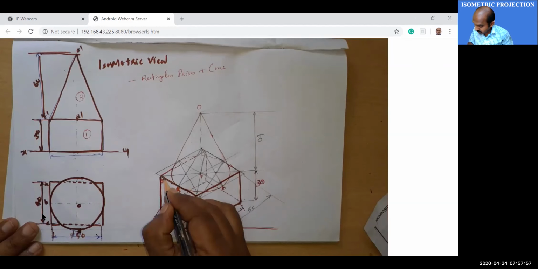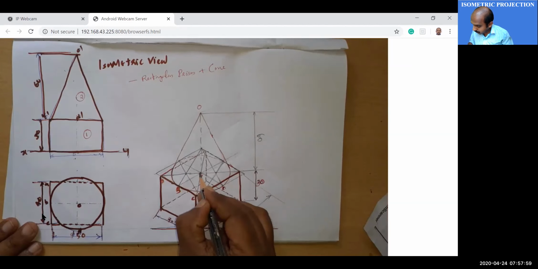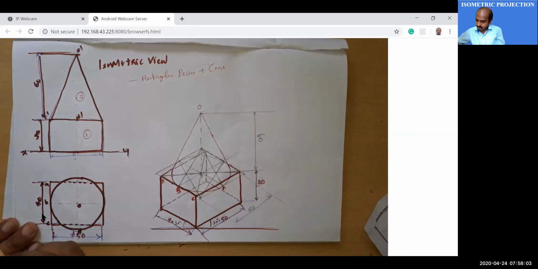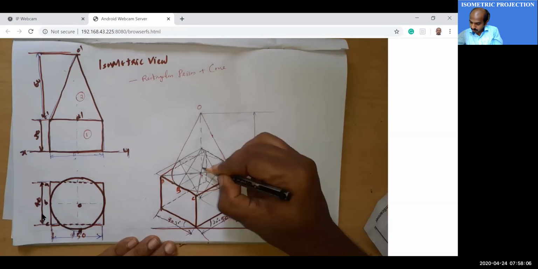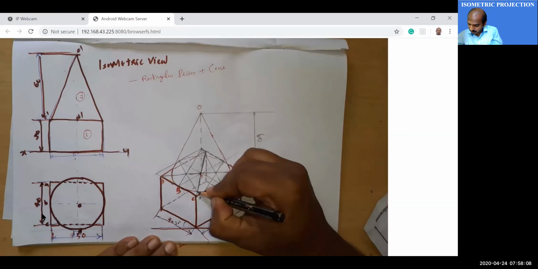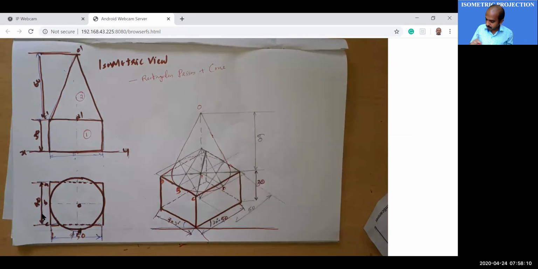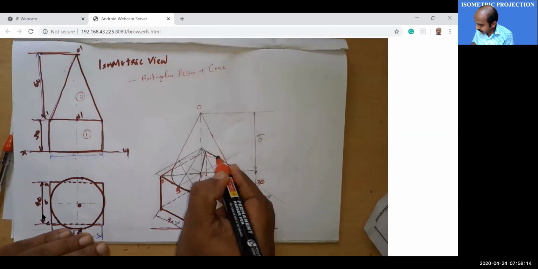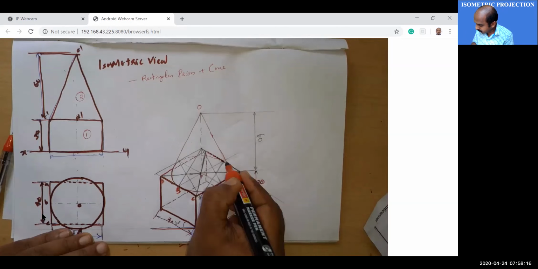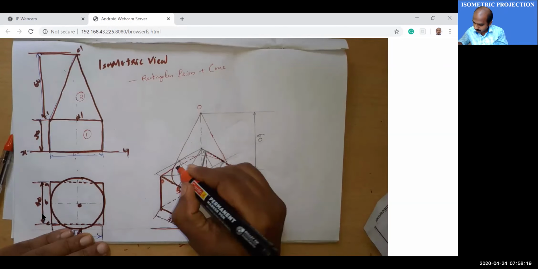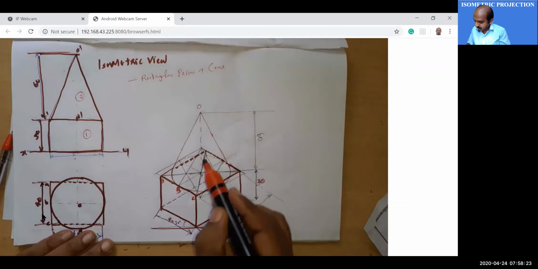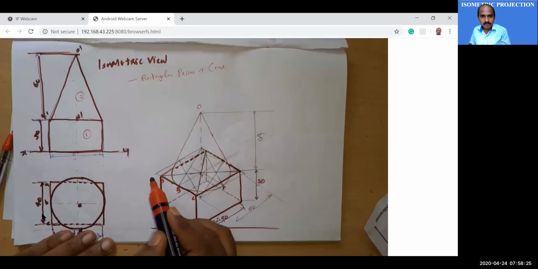From this corner to the opposite corner, similarly from C to the opposite corner of your rectangular block.